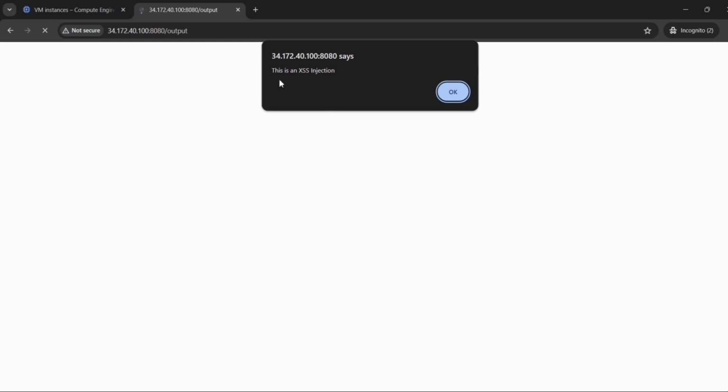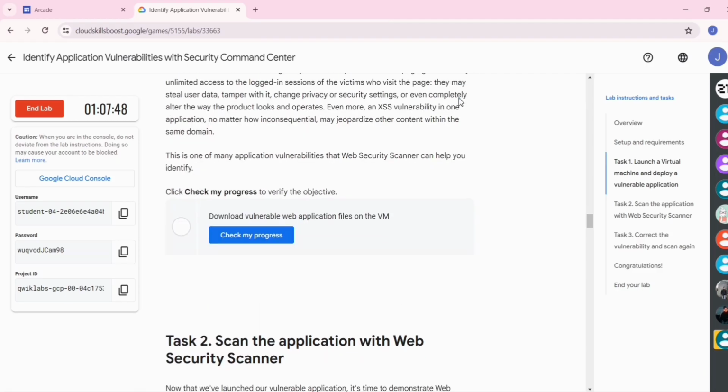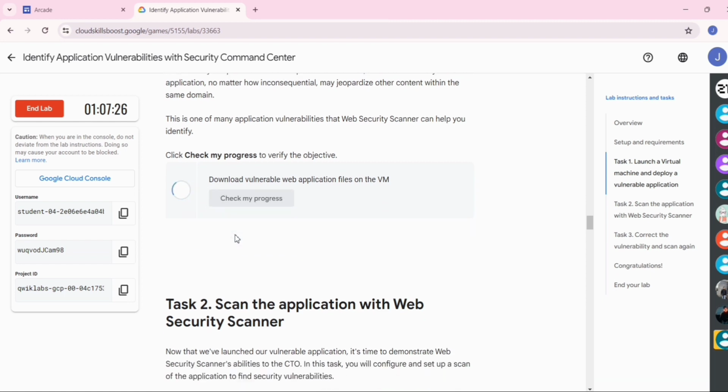Now there is a pop-up saying that this is an XSS injection. Just click on OK. Now go back to the lab instructions, scroll down and click on check my progress. You will get a green tick here.